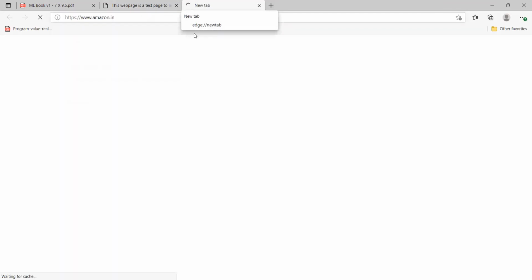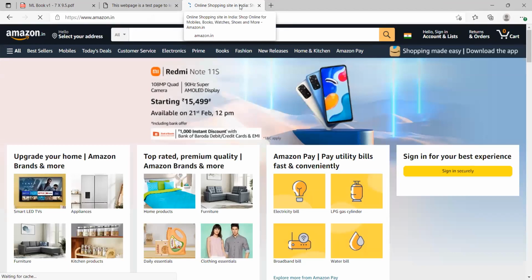Let's say I type Amazon.in, and when you open this, you see online shopping site in India. So now you know how the Amazon guy would have typed it, right? That's the header: online shopping site in India, shop online for mobiles, books, watches, shoes, and more. Now, this does not display on the body; it is supposed to be information for the user, but it is also very important for